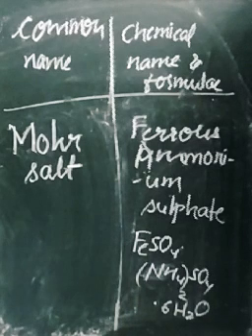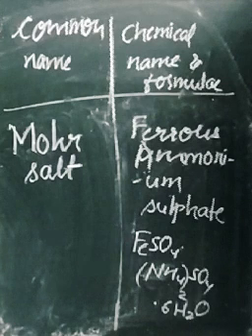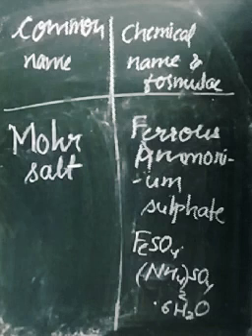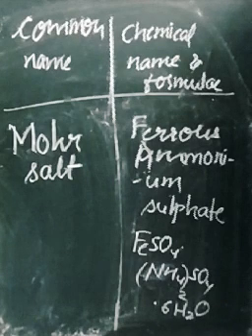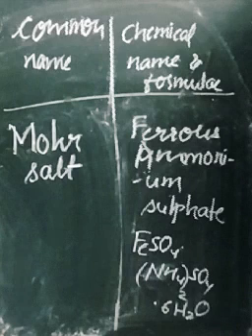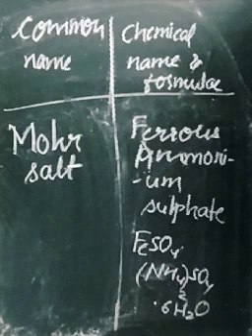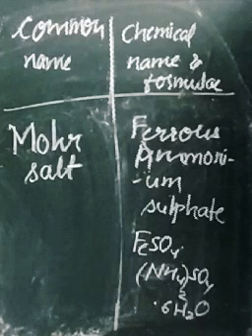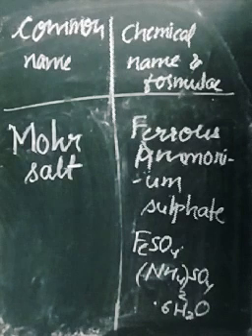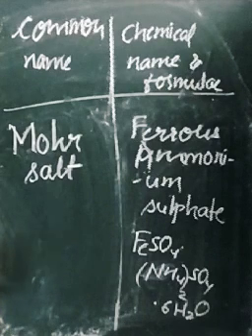So children, we have a number of compounds where we have their common name as well as chemical name and formula. So you go through the different compounds and their chemical names and common names to learn the chemical formulae. Until and unless we have the knowledge of chemical formulae, we can't go for chemical reactions. This is a very important part of chemistry. Learn it. That's all.